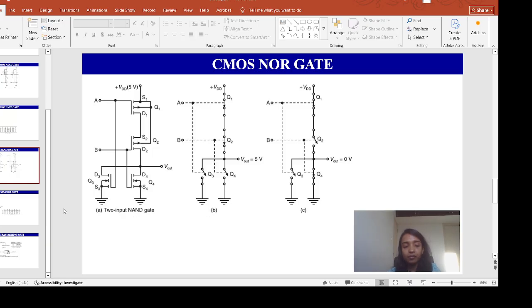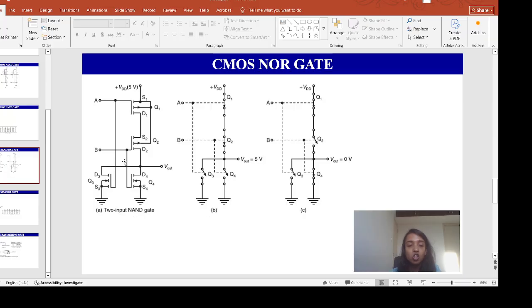Now if I apply different inputs, for example, if my A is 0 volt, B is 0 volt, what will happen? And by the way, in this diagram what we can see, these two PMOS transistors Q1 and Q2 are connected in series, and